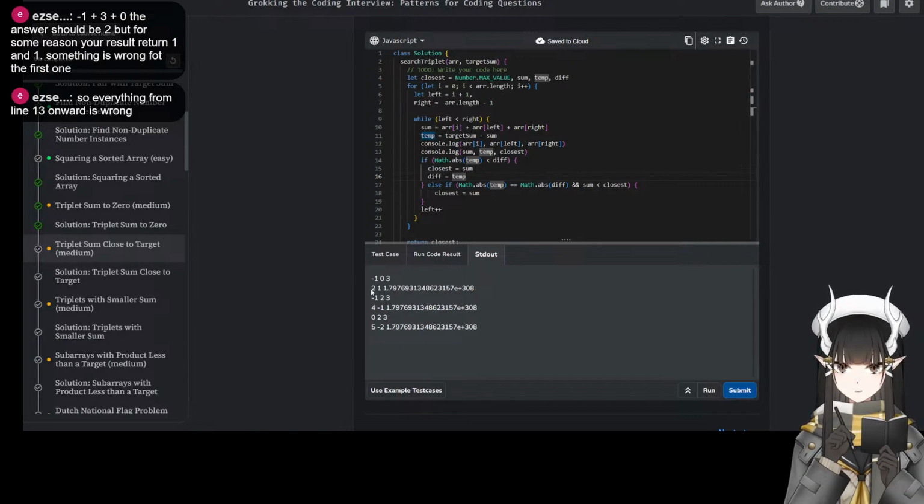This number, sum is 2. Temp is this. Closest is this.